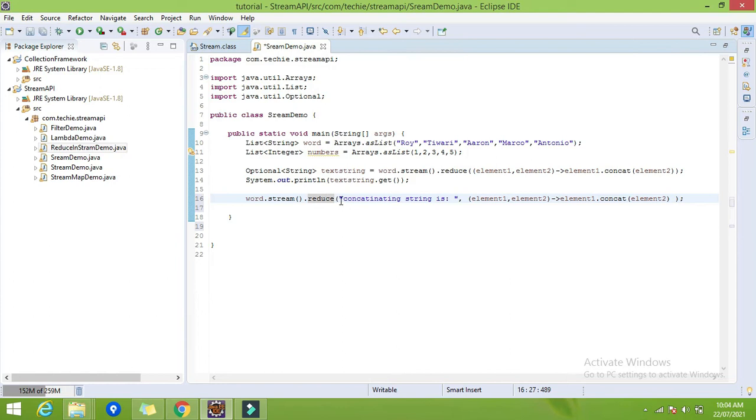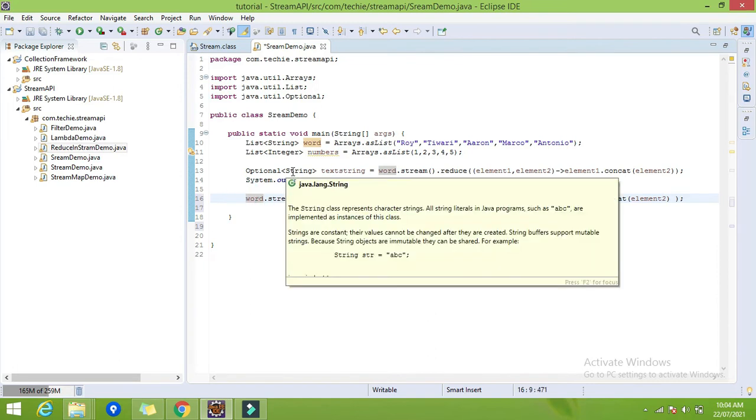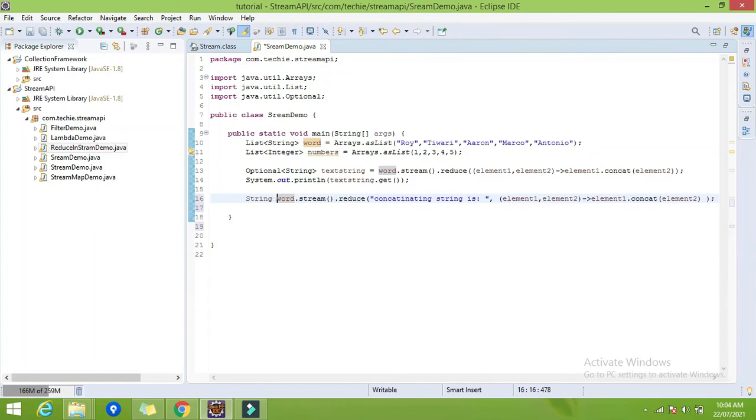So what will be the output type of this reduce function? Obviously, it will be of the type of this identity parameter, and this is String. This will not be Optional because we have specified the initial value. So that's why we can give the output type as String, and let me give the name as text1.